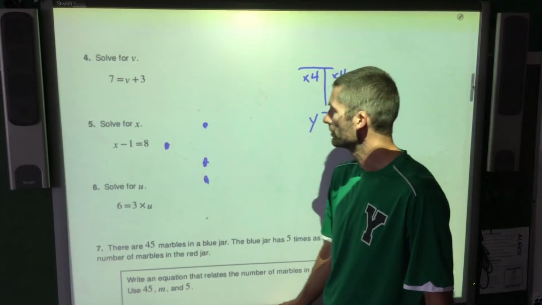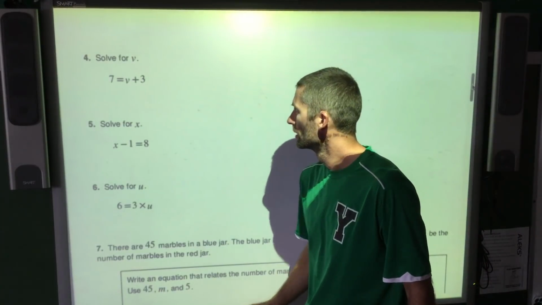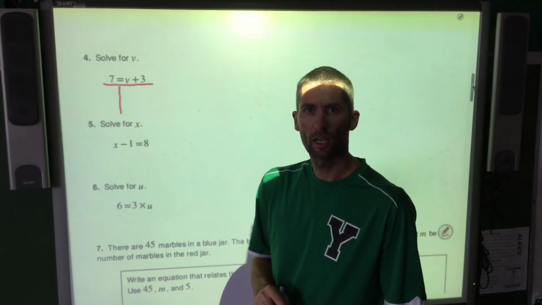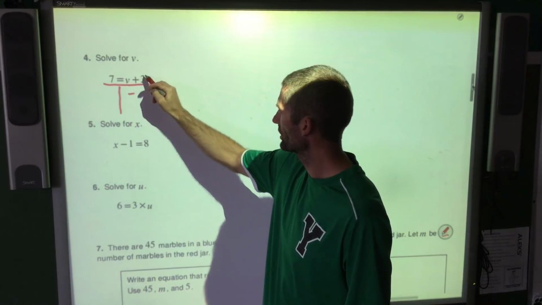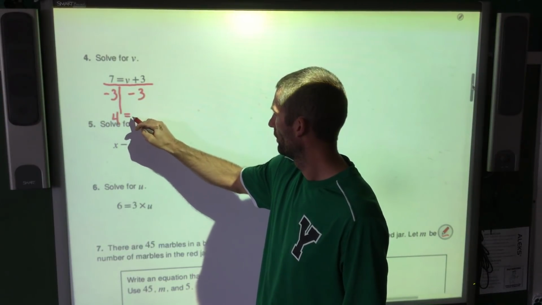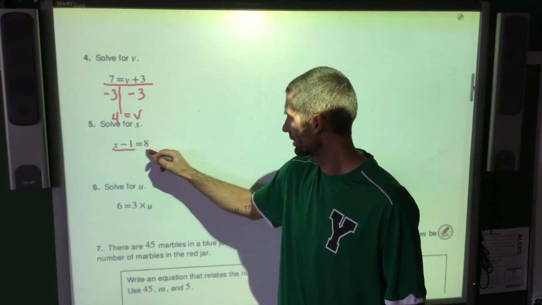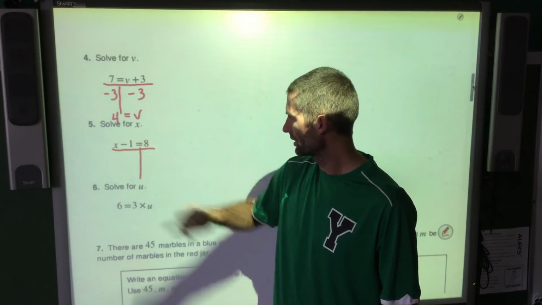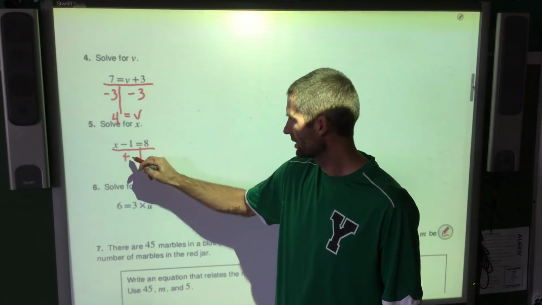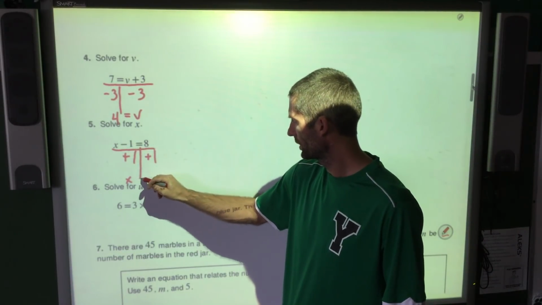Problem 4, solve for v. 7 equals v plus 3. So we're going to isolate our variable. We want to get v by itself. So the inverse of addition is subtraction. Minus 3, minus 3. 7 minus 3 is 4. 4 equals v. The next one, x minus 1 equals 8. We want to isolate the x, so we get rid of minus 1. The inverse of subtraction is addition. Plus 1, plus 1. X equals 8 plus 1, which is